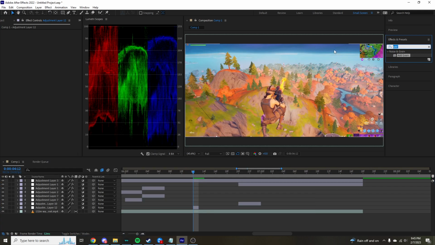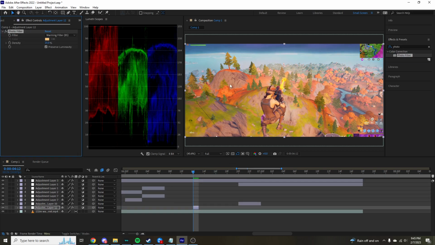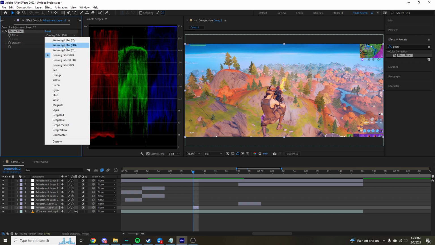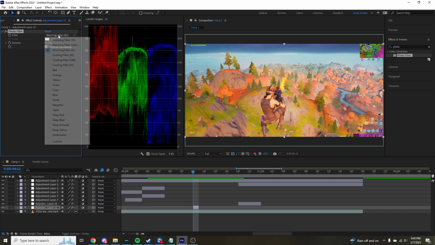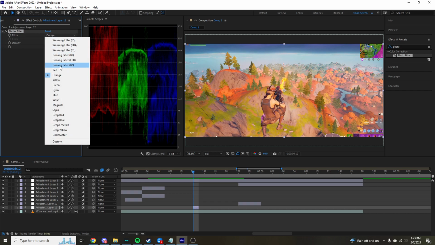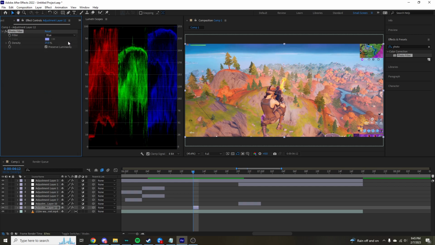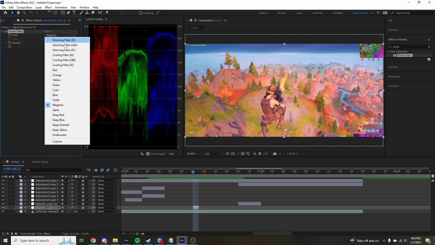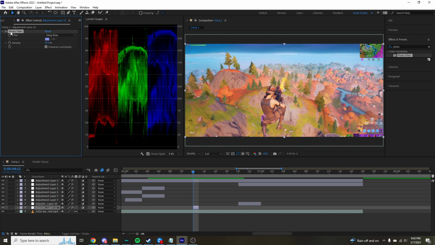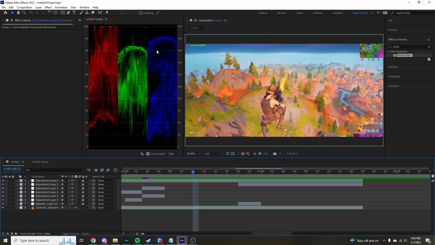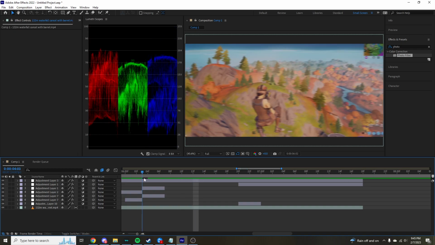Next up is photo filter. It's just like a filter thingy. After you color balance your clips, which we have a tutorial for, this is a good way to start off your color grading process. Because it just pushes your stuff in the right direction. So it doesn't do too much, but it does stuff. You wouldn't see the best results right now because again, this is not white balanced. So yeah,